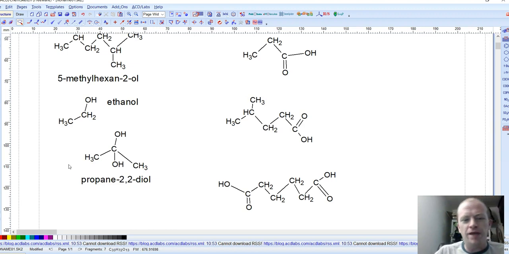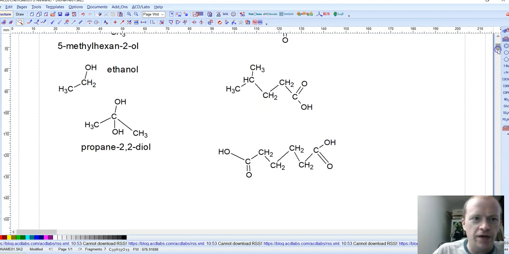So this is going to be propane. Now it's a little weird when that di comes in. Notice the E comes back on the end of the name: propane-2,2-diol. The reason why we need to say 2,2 is that it is going to distinguish it from something where the hydroxyls were on separate carbon atoms. Like, for example,